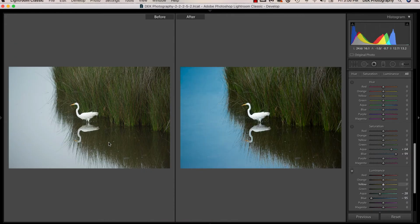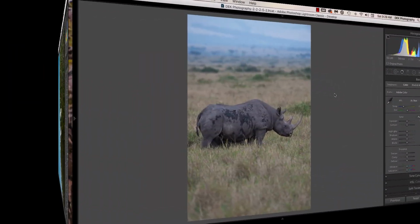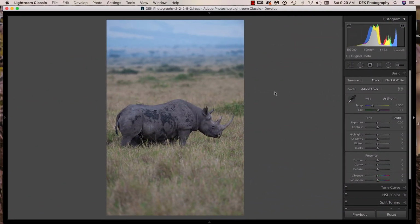Here's the before and after, and you can see that I like the picture with the blue water and the white bird against the dark background better than I like this picture, which seems to be a little bit washed out. If we're interested in just increasing the contrast in our image, there are several ways we can do that